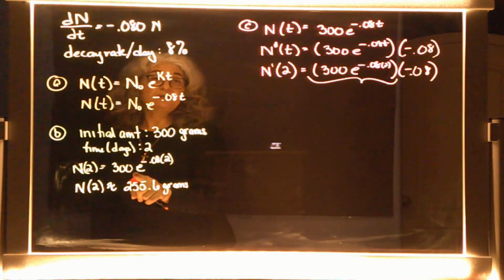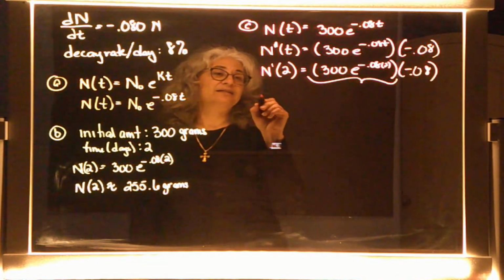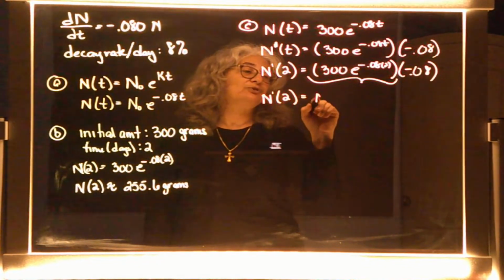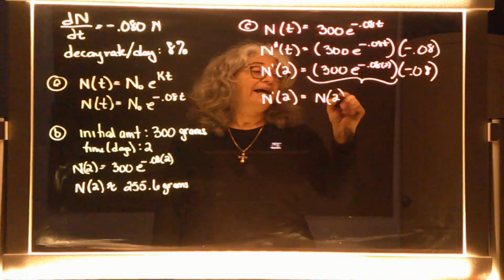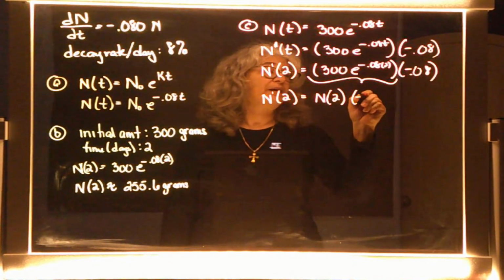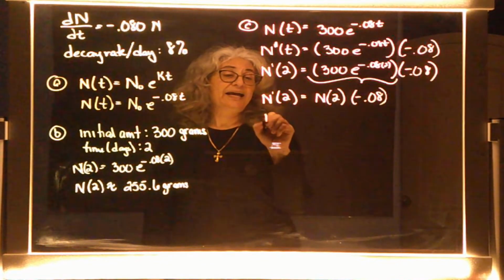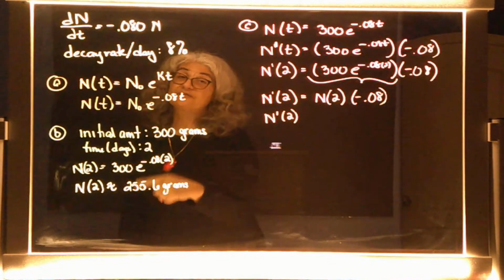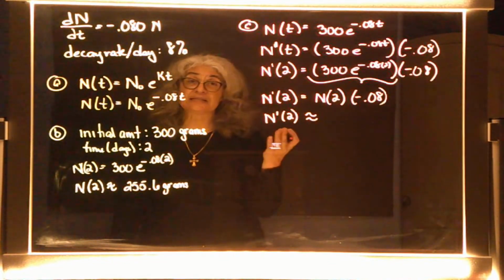The part B, isn't that this amount right here? It is, isn't it? So really, the rate of change after 2 days is equal to the original function after 2 days multiplied by the negative 0.08. And when I take my 255.6 grams and multiply by the negative 0.08,